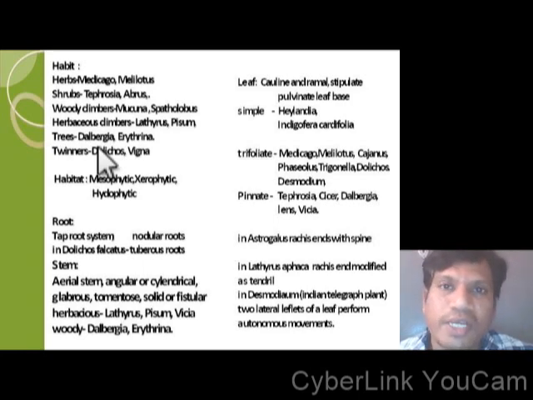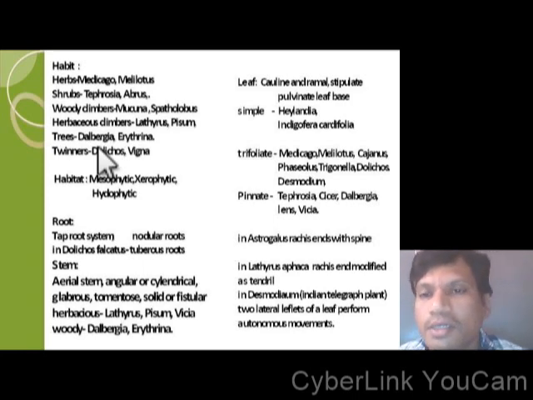Coming to the vegetative characters, the root system. The root system is a profusely branched taproot system, and a very peculiar character is that nodular roots are present. The presence of nodular roots is a peculiar character in the Leguminosae members, that is Papilionaceae, Mimosoideae and Caesalpinioideae. What are nodular roots? These are special external growths on the roots, where Rhizobium bacteria live inside the nodules and fix atmospheric nitrogen.